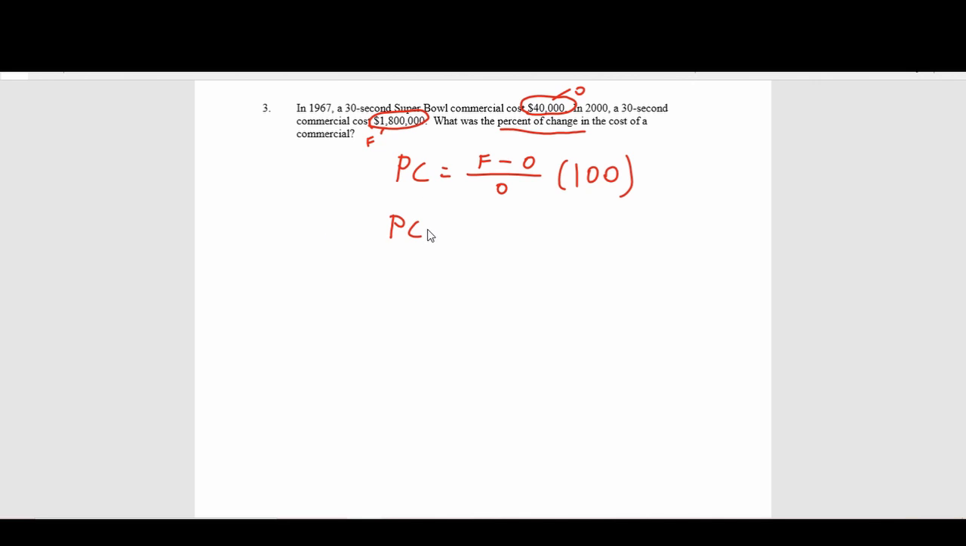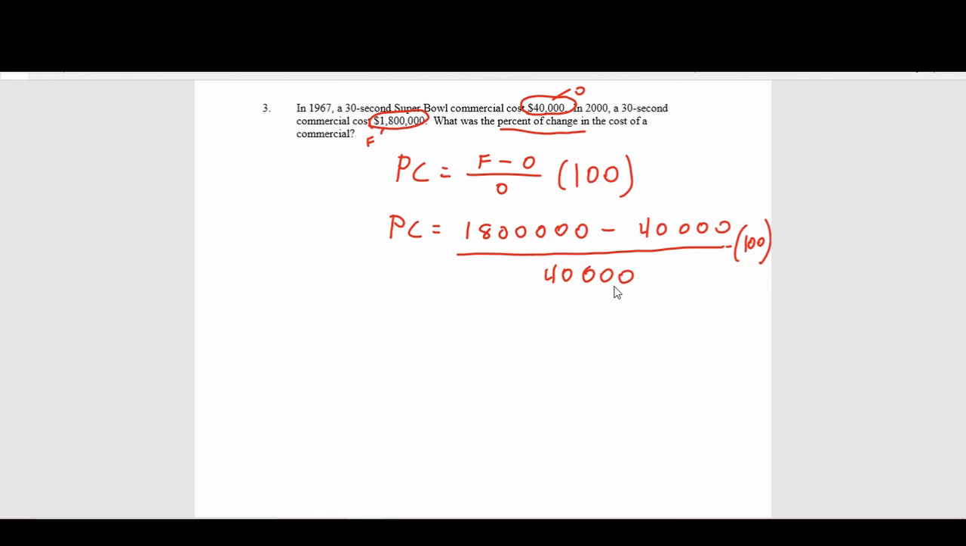So we got percent change equals final amount, 1.8 million, minus original amount, that's 40,000, over the original amount, that's 40,000, all times 100. Okay. So now this one's straightforward, but the snag is we're working with pretty big numbers. The first thing I'm going to do is do 1.8 million minus 40,000, and of course, so as not to make any mistakes,